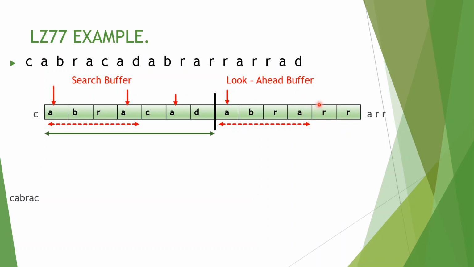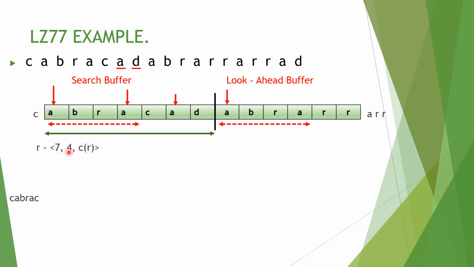So our code word is what? C of R. So our output is like this. Our offset is 7. Why? Because the distance from this search pointer to the look ahead buffer is 7, because in between this distance 7 symbols are there, and here we match the 4 symbols from the look ahead buffer with the 4 symbols of the search buffer.